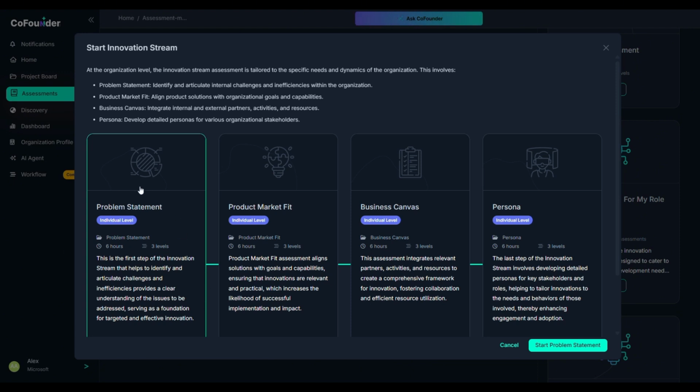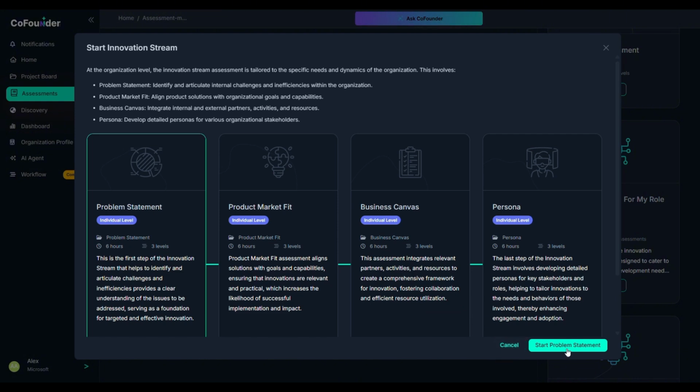Step 1, problem statement, where Alex defines the challenge from his unique perspective. Step 2, product market fit. The platform matches the problem statement to relevant AI-generated use cases tailored to the role and priority stakeholders. Step 3, business canvas. CoFounder auto-generates a full strategic view, integrating activities, partnerships, costs, and resources. And finally, Step 4, persona, where CoFounder creates rich behavioral profiles for every key stakeholder to guide adoption, design, and